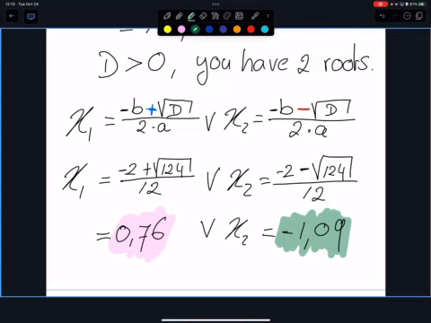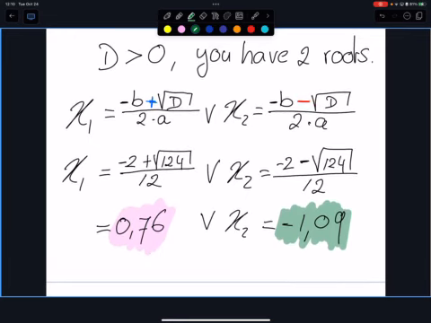Yes, there is one left. When the discriminant is below 0, no roots, you just stop. You just write no roots. That's it. It's the end of it. When it's more than 0, you have two roots. So you have to do what I just did. And then lastly,